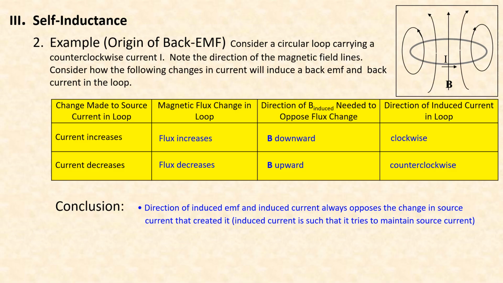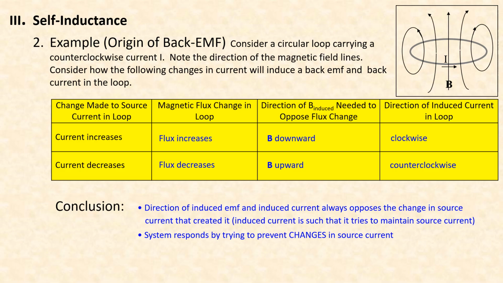So in conclusion, we see here that the direction of the induced EMF and induced current will always oppose the change in source current that created it. In other words, the induced current is such that it tries to maintain the source current. We see that the system, in this case a circuit, will respond to any changes in source current by trying